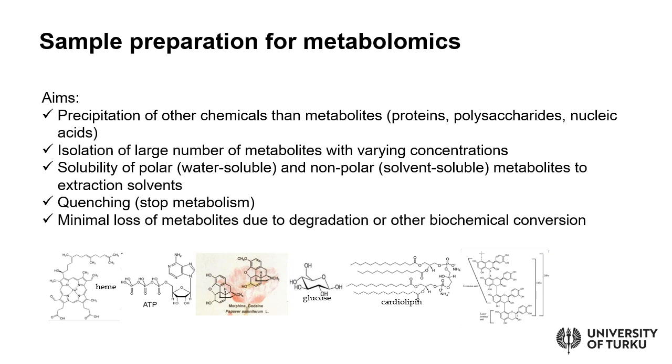And also when going for sample preparation, you need to be aware that the solubility of the compounds may vary. So how can you keep there as many polar and non-polar compounds as possible when you know that polar metabolites are only soluble in water, and non-polar, the more fat-like components, require very strong solvents to be dissolved? So where is the balance here, and how can you maximize the coverage?